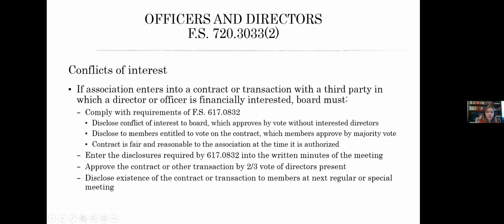So you need to disclose the conflict of interest to the board, and then the board is going to have a vote without the conflicted director participating in the vote. The conflict also needs to be disclosed to the members, and the members can undo any board contract where there has been a conflict of interest. Even if all the board members who didn't have a conflict voted for it, the members can do an override, right? So you want to think very carefully about that. I had some board members who say, you know, I want to do business with the association, and that business is so valuable to me, I'm going to step off the board, which is a perfectly fine thing to do.